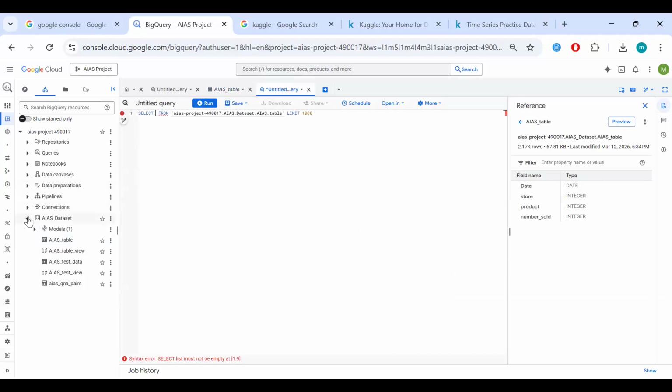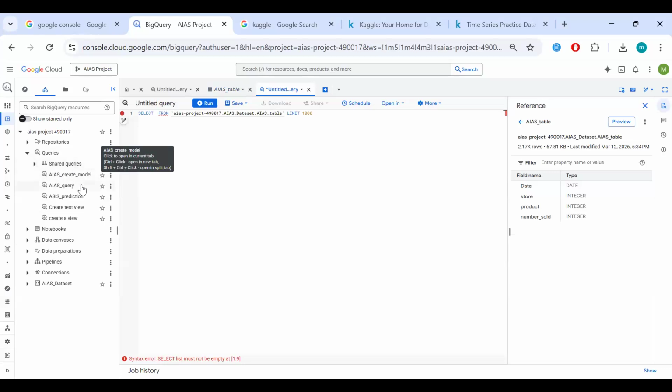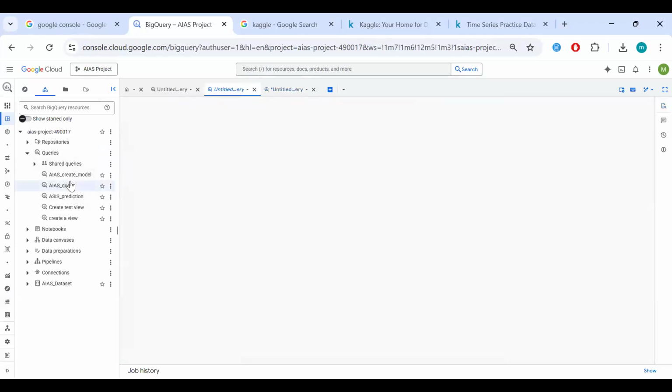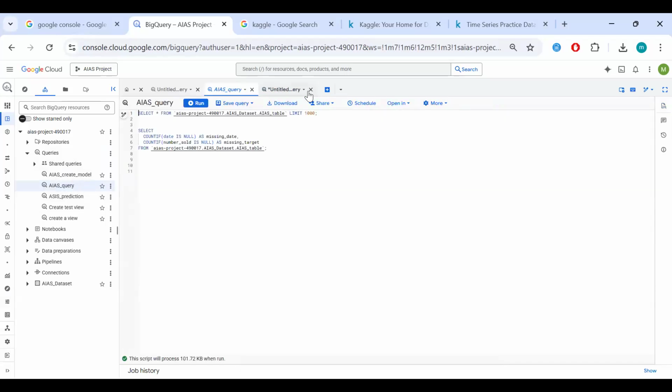So again, I've prepared all the queries that we'll be needing. And if you're not familiar with SQL, I will advise that you please look it up and learn some things about it. It's easy to learn, it's straightforward, and thanks to BigQuery, you can create a model with basic SQL code. So I'll show you the queries. And then first we're going to query our model to see what's in our model, yeah?